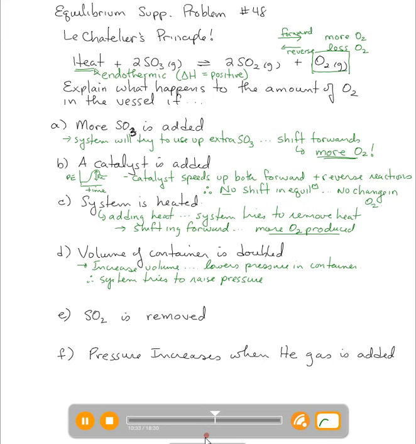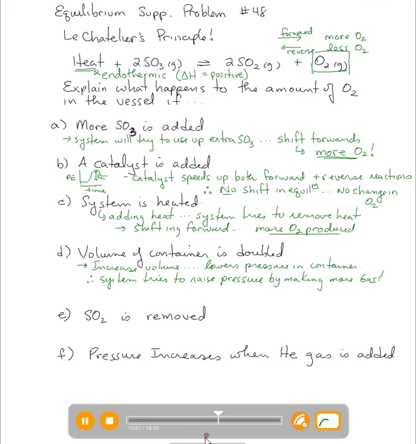So on the left side of our equation, there's 2 moles of gas. On the right side of the equation, there's 2 SO2s and 1 O2. So on the right side of our equation, there were 3 moles of gas. The system is going to try to raise pressure by making more